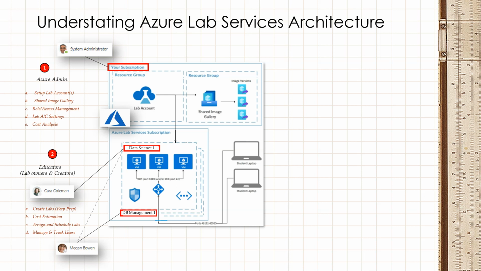The responsibility is to create a lab using VMs of appropriate size and image. The image can be built from scratch or taken from the marketplace and modified for various types of topics that are being taught. It can then be deposited in a shared image gallery for shared use. Lab owners also estimate the cost of the lab to keep within the budget allocated. This is not actual but estimated cost. It considers the scheduled cost and quotas for self-work only. It does not include template or image preparation time and shared image gallery cost, which must be added appropriately.